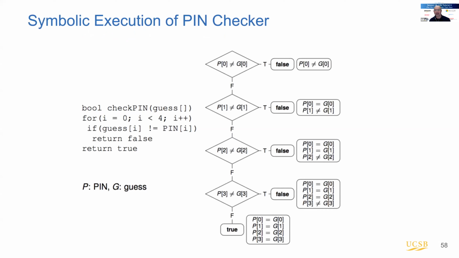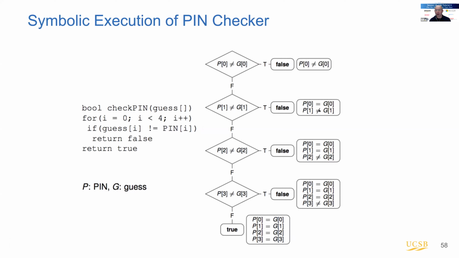And so here is the symbolic execution tree for this piece of code. Very simple, right? The first character is compared. If it doesn't match, it returns false. And there is the path condition, the path constraints on the inputs. What constraint on inputs makes you take this execution path, right? So the first characters don't match. Now this is the second execution path: the first character matches, the second character doesn't match. And now this is the path constraint for that. Or the first 2 match, the third doesn't match; the first 3 match, the fourth doesn't match; and all match. If all match, it returns true. Otherwise, it returns false. So here are 4 execution paths.